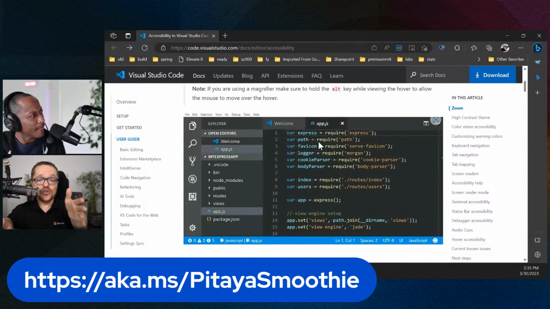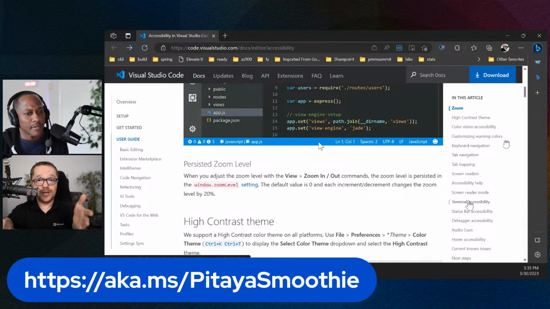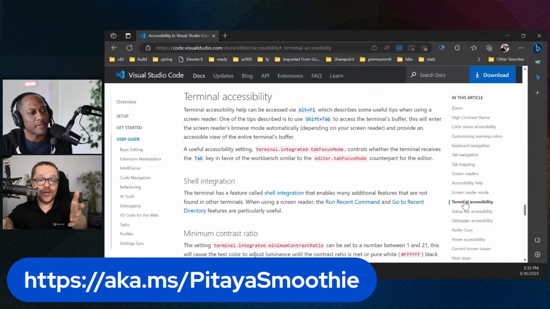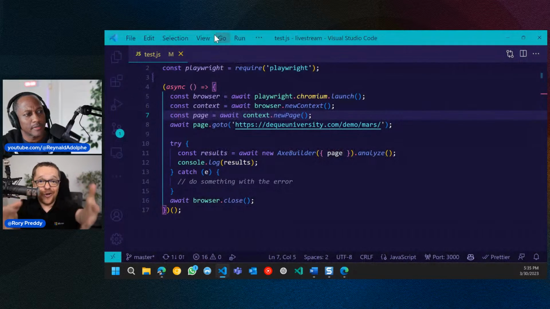Okay, so Zoom, we've already looked at Zoom, how you can do that. You can even do mouse zoom. There is a way to hack it. You can also do color. We just showed you how to do that theme. And then there's tab navigation, which we touched on briefly here. Screen readers, which we touched on. And then there's terminal accessibility, which we aren't going to cover today, but you can go in there and change it so your tabs and everything are more accessible. So that's everything I wanted to show you to get started with accessibility.